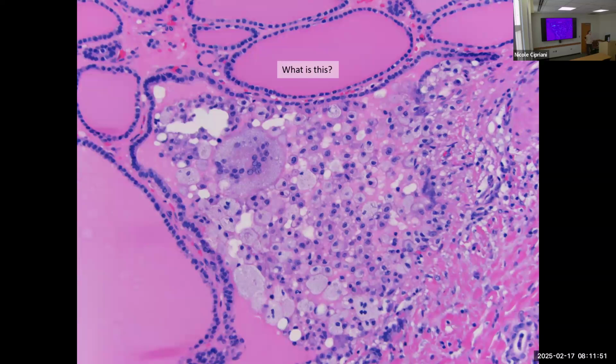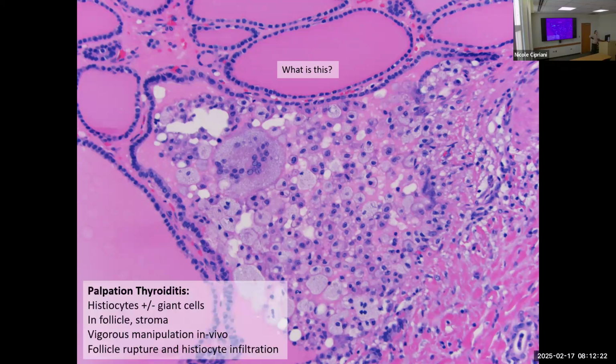Okay, the next thing that we sometimes see in thyroid, what are these cells in the middle? Macrophages, histiocytes, right? So there's a multinucleated giant cell. There are all these foamy histiocytes, and they're busting out of this follicle, right? You can see the follicular epithelial lining on all sides, but then on this side, there is no follicle lining. So sometimes this might be referred to as palpation thyroiditis, meaning